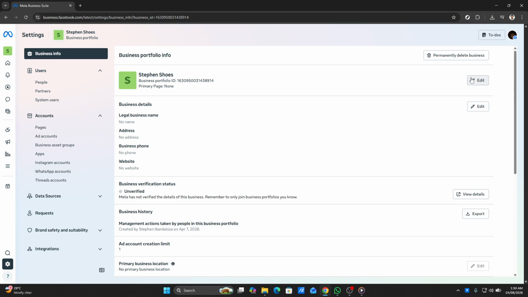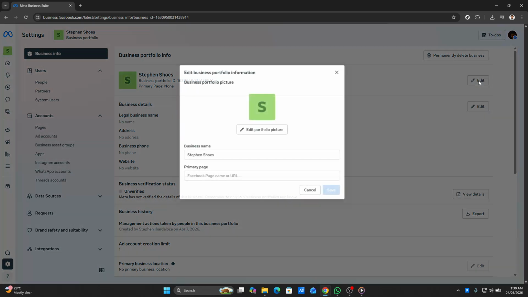To change your business name, locate the Edit button, which should be next to the Business Name section. Clicking this button will enable you to make changes to your business details. Now that you have the editing options available, you can go ahead and change your business name to whatever you